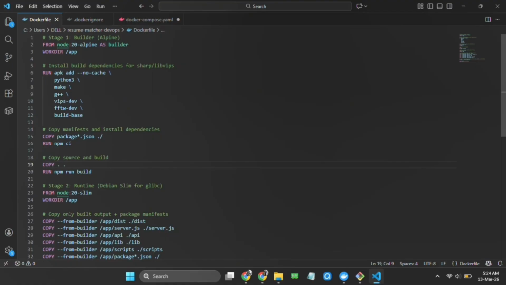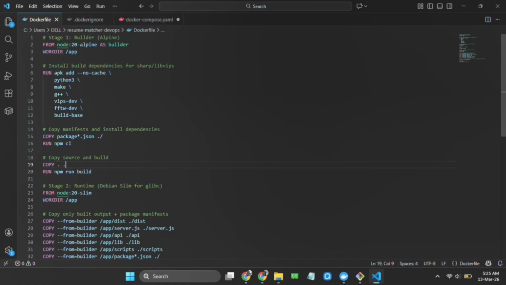Python 3, make, and g++ are compilation tools. vips-dev and fftw-dev are dependencies for libvips, which is used by Sharp in my application. build-base is the meta package with essential compilers and libraries. Basically, RUN apk add installs build tools and libraries for the native modules of my application.